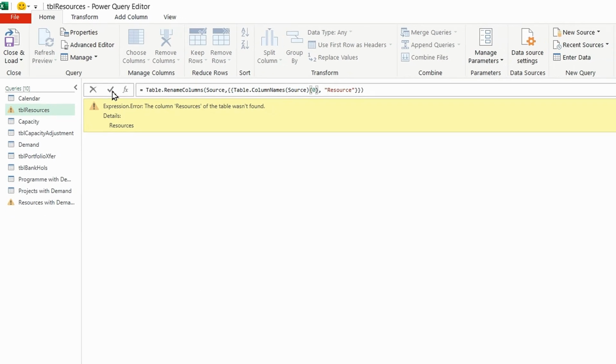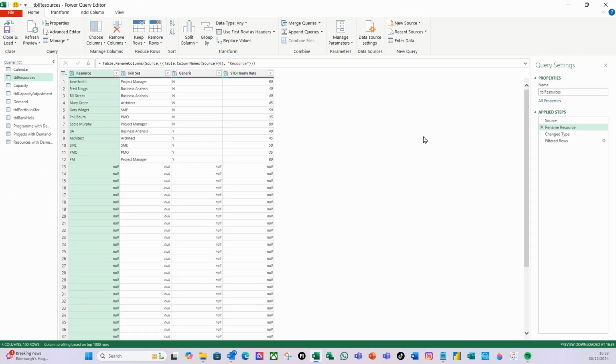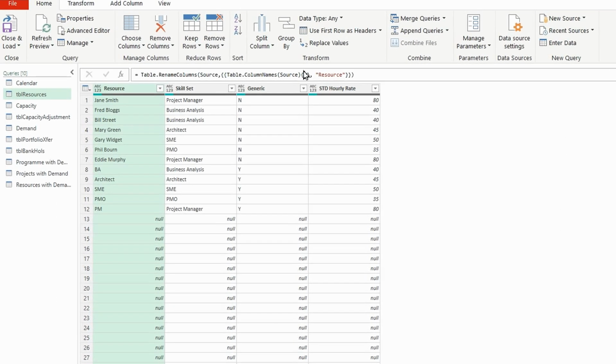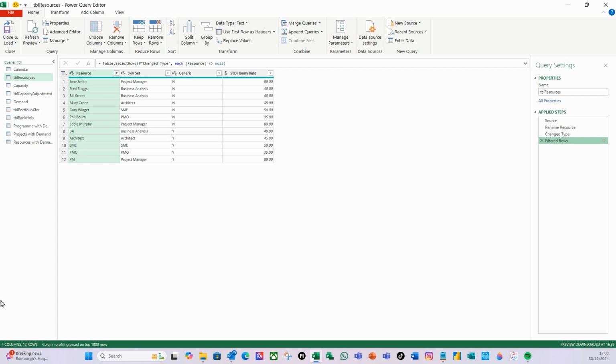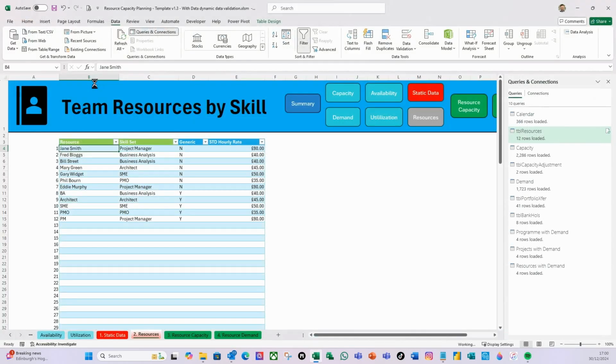If I do tick and enter that, so that now works, look, because I've referred to, if I go to source here, I referred to in the table that as 0, 1, 2 and 3. I referred to it as 0. If I wanted to refer to the skill set, it would be 1 in that squiggly bracket there, or generic, it would be 1 and so on. And now you can see the actual query doesn't break. If I do close and load,